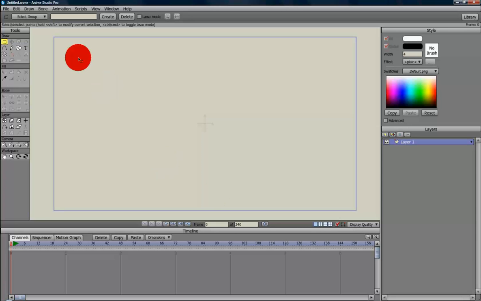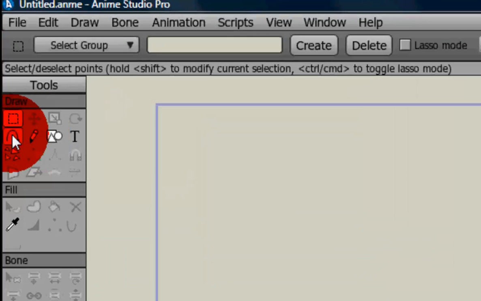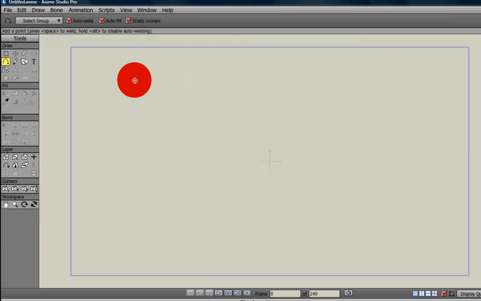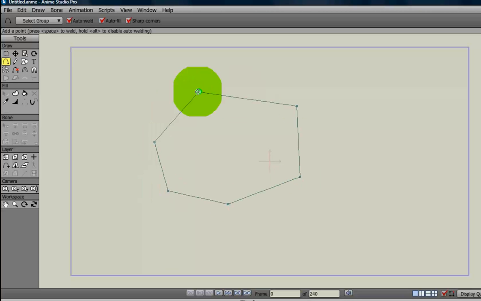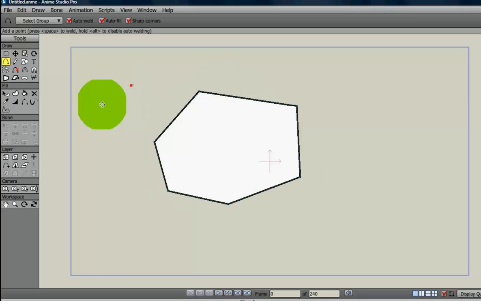Alright, let me show you what you can and can't do with the different tools. This is the Add Points tool, and this is what you would typically use to make a character. You would just add point after point after point. And then when you get done, the shape would fill itself in. It's pretty handy. The problem is, if you needed to just do a straight line, like let's say we wanted to make